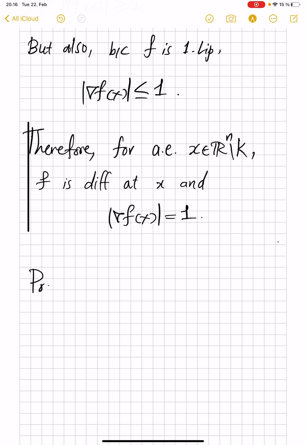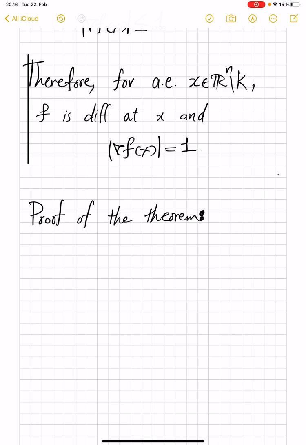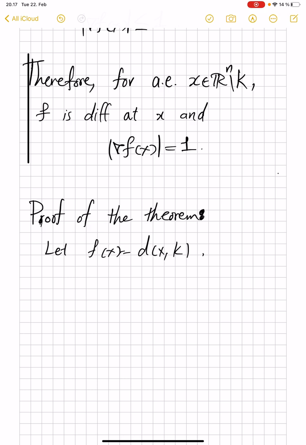Okay, now proof of the main theorem, which you will recall once I prove this. You don't have to go back, or if you have downloaded the PDFs, which I always put in the descriptions, you can go back and check what that theorem was. Okay, let f of x be the distance of x to K, and let A be the set of x's whose distance to K is between a and b. Then